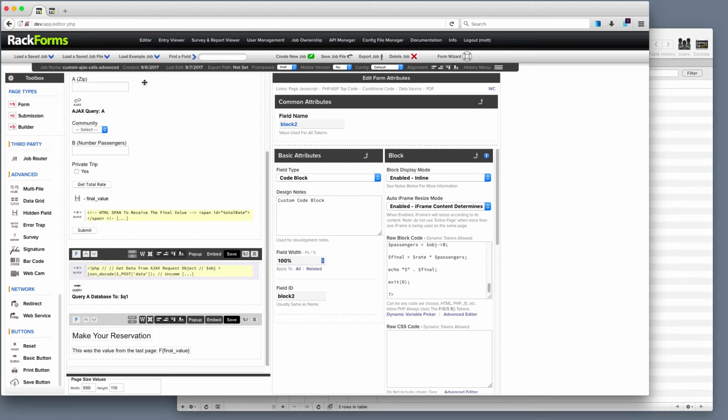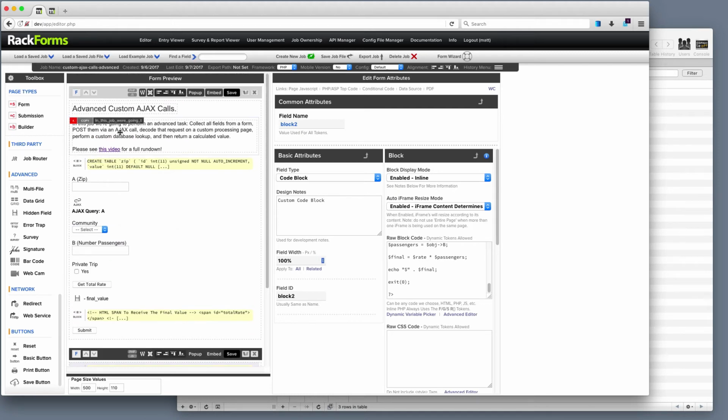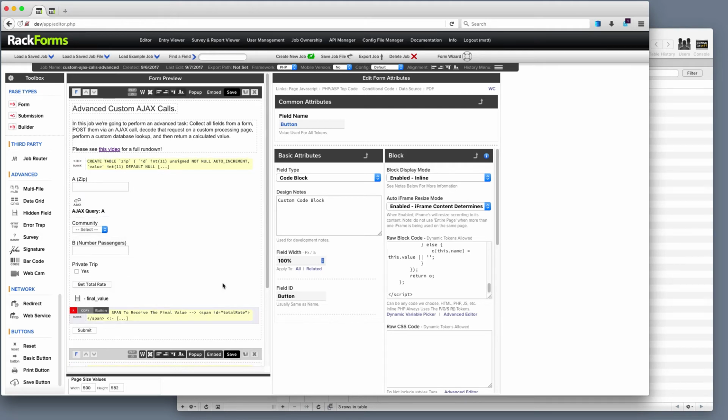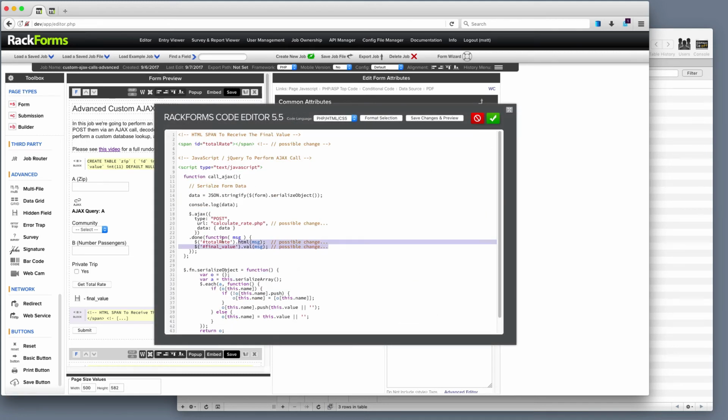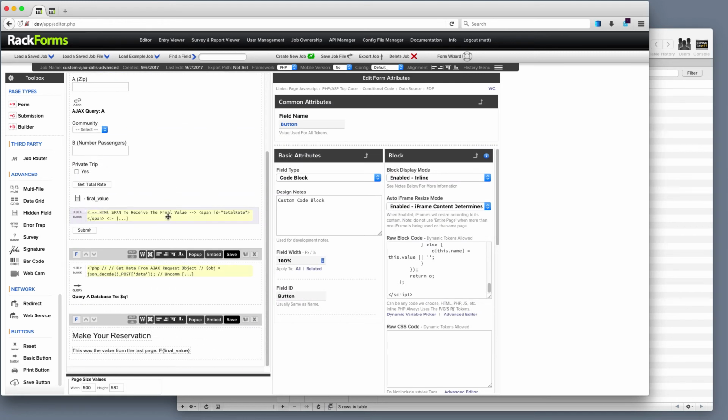The good news, though, is that almost all of this job is in fact boilerplate. So in other words, if I were to create a new version of this job that has essentially this requirement, that uses an AJAX call to some arbitrary code, essentially what I would do is this. I would build my form as I normally would. I would then just literally copy and paste all of this code, being mindful of possibly changing any of these fields. So again, changing the page name, maybe changing where you're writing the result to, basically doing that,